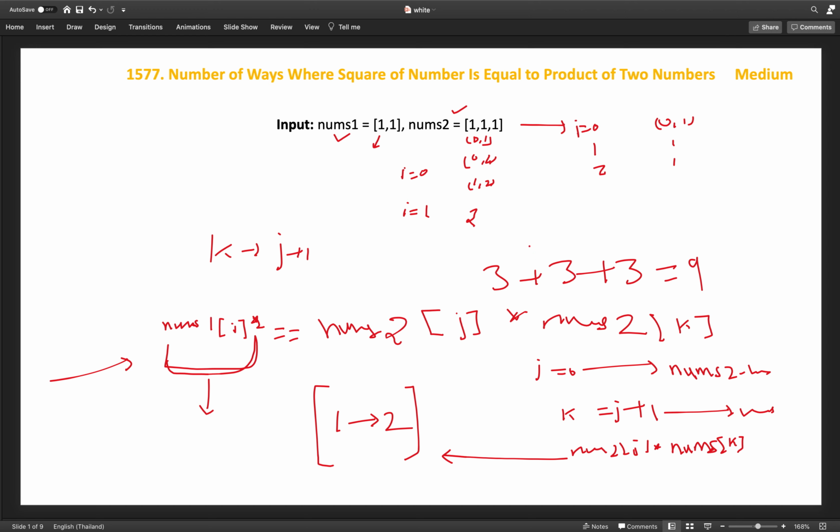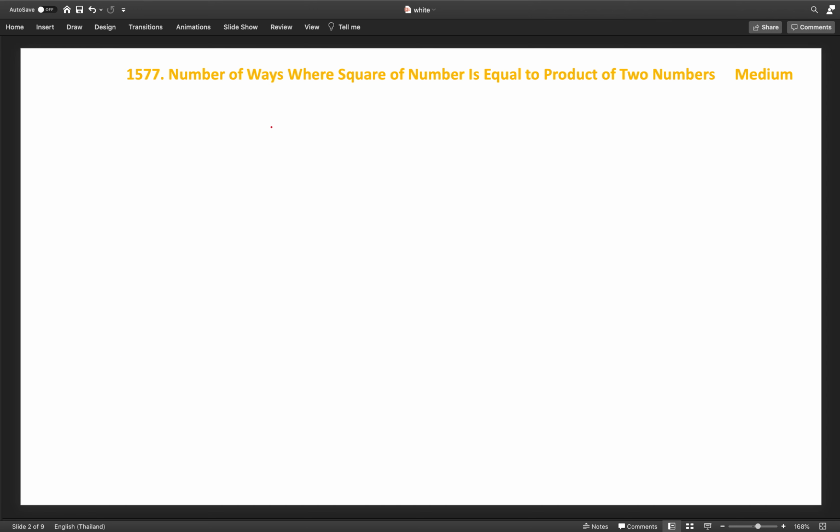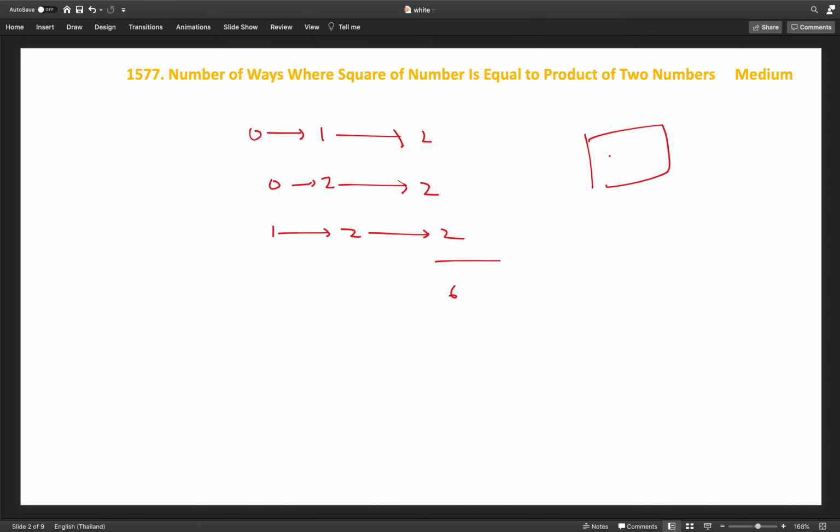Let's understand this more. For pair 0 1 we will get 2, then for 0 2 we will get 2, and then for 1 2 we will also get 2. So this is 6 for nums1 against nums2. Now the reverse way. In the reverse way, the map will have the product as key 1, and it occurs 3 times, and we will have only one pair, 0 comma 1, and we will get 3 from the map.